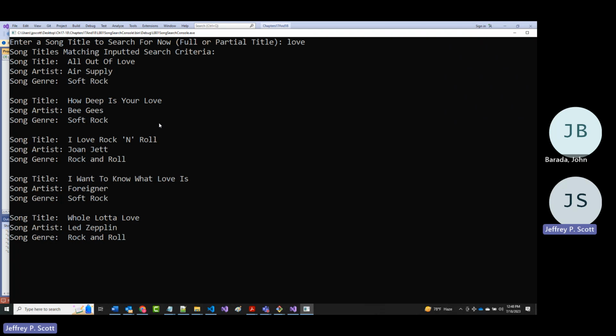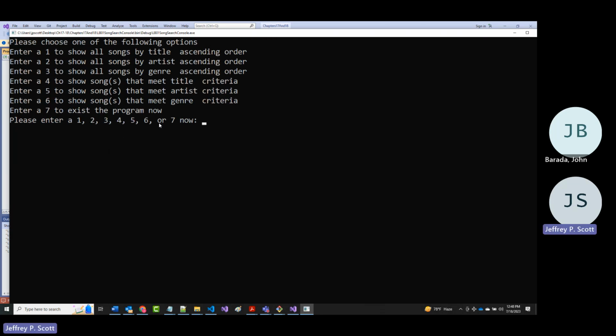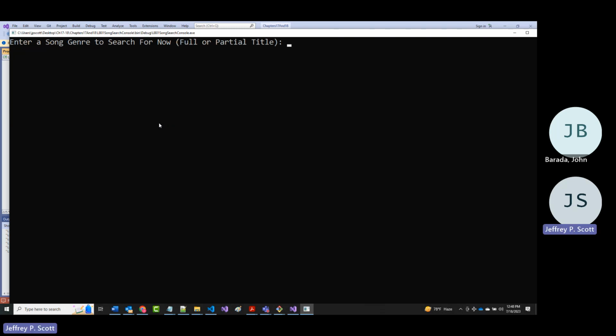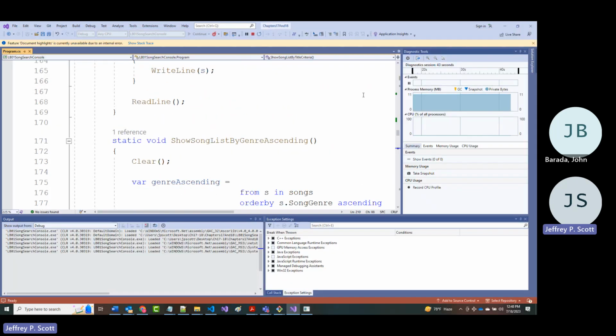Now, what I want to change, fix, whatever you want to call this, is I want to fix this. So if I come through here and I put in a 6, and it says enter a genre to search for, and I put in hello, it says genres matching inputted criteria. I don't want it to come back with nothing like that. I want instead for us to be able to come in here